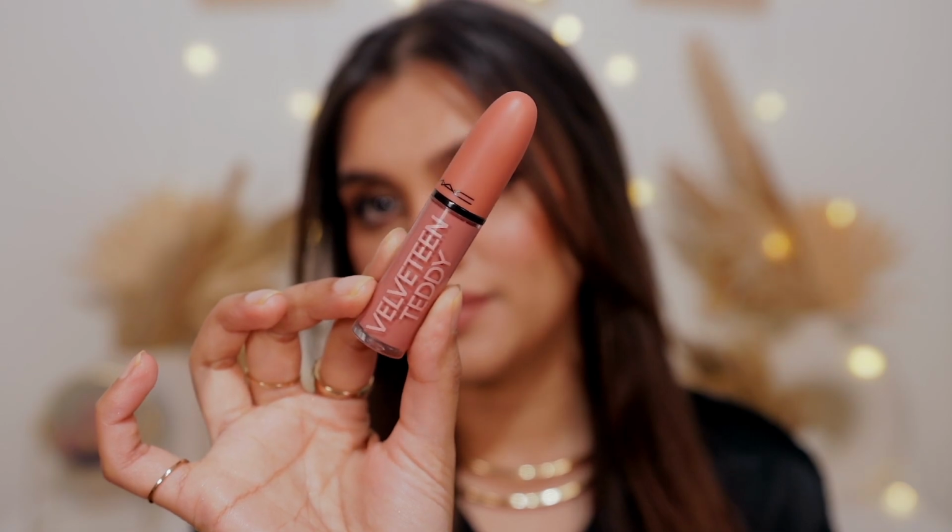I'm just gonna fill my lips with this lip liner. And then for lipstick, I am using this MAC Retro Matte Liquid Lip Color in the shade Velveteen Teddy. Beautiful baby pink shade right at the center of my lips. Now you can definitely top this lipstick with a gloss and it is again gonna look really, really pretty. But I'm a matte kind of girl, so